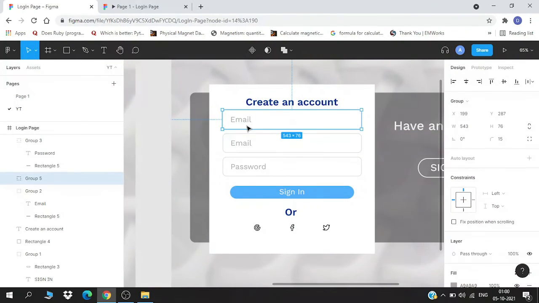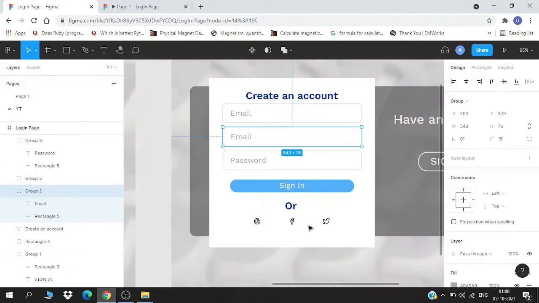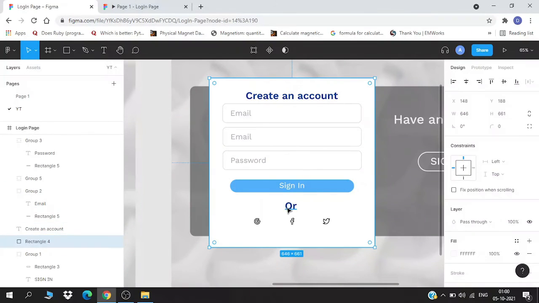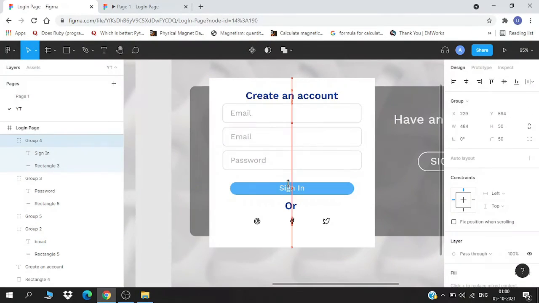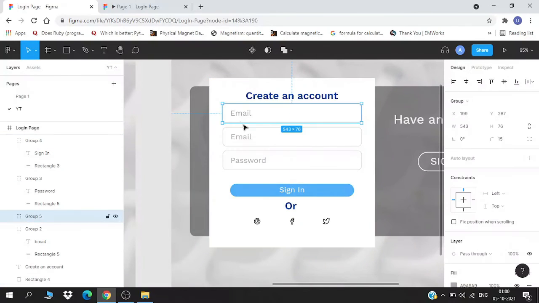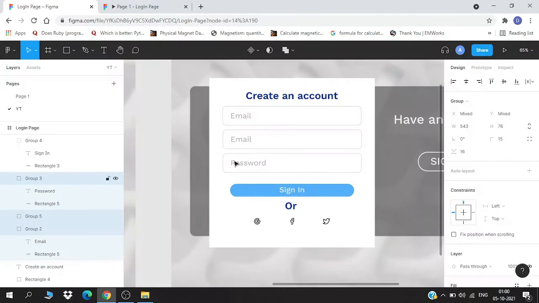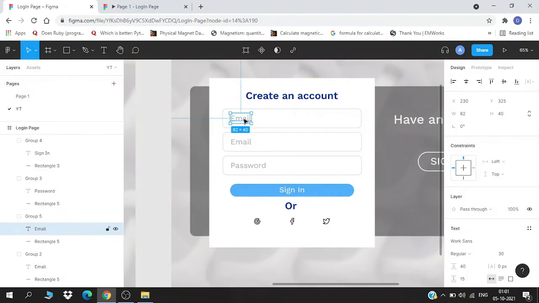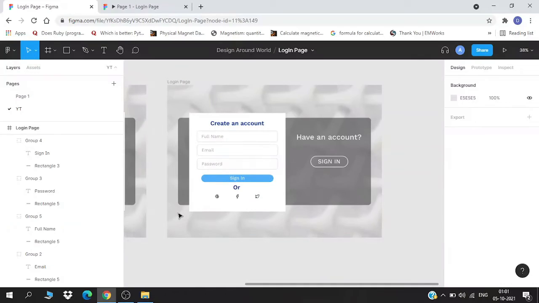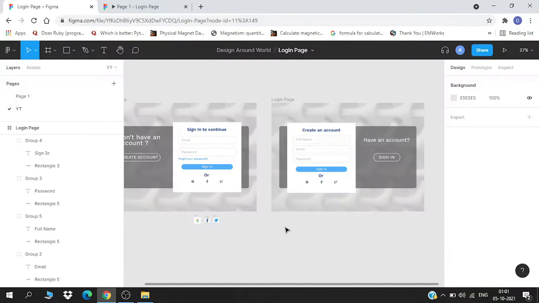Spacing seems very odd, so I'll just drag it. I'll choose these three. Yeah, and I'll edit this one to full name. So we have both of our pages completely ready.